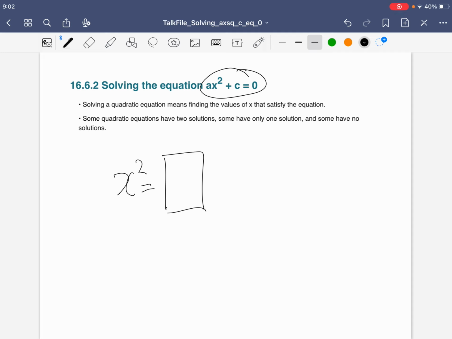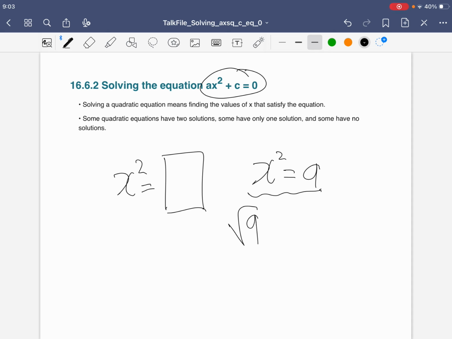Let's have a look at this one first. Let's say after moving around these numbers and dividing both sides by some number, we have made x the subject. So from here, what we want to do is take the square root of both sides. But the important thing is,